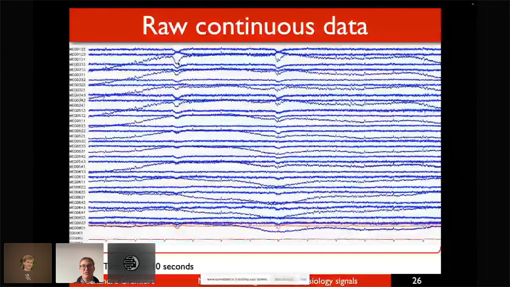So here, what you see in dark blue is something in Tesla. And what you see in light blue is actually something in Tesla per meter, because it's a gradient of the magnetic field. And in parallel to this, you record here a channel which is the EOG 61, which will be the derivation that you put on the eye to know when the subject is blinking, because this is a source of artifact. And you can also record here at the bottom the EKG, so electrocardiogram, which also contains a source